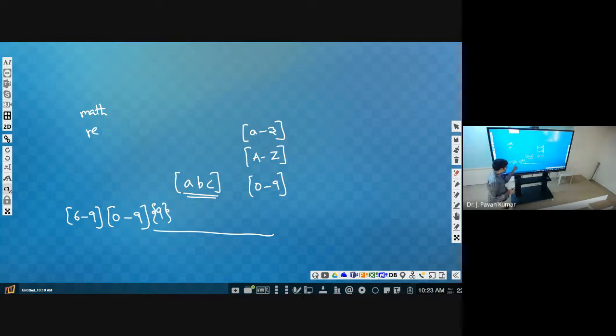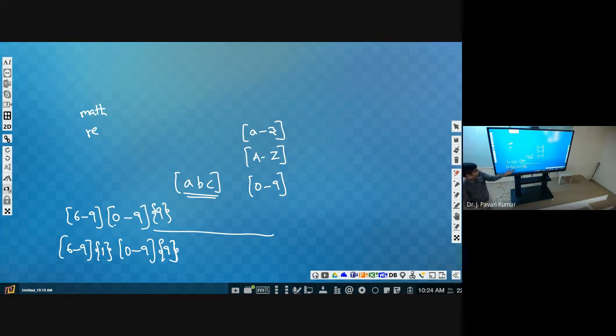So from 0 to 9 we can pick any one, 9 times, so 9 digits are formed, the last 9 digits. What about 6 to 9? Only one time. This is the regular expression for a valid mobile number in India.